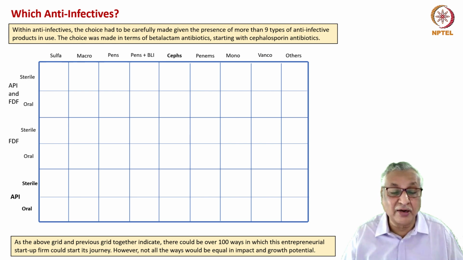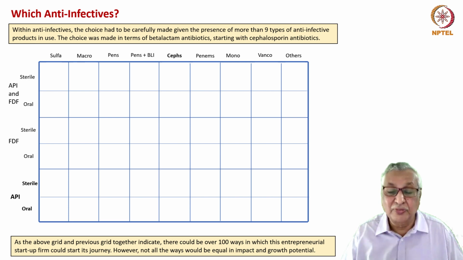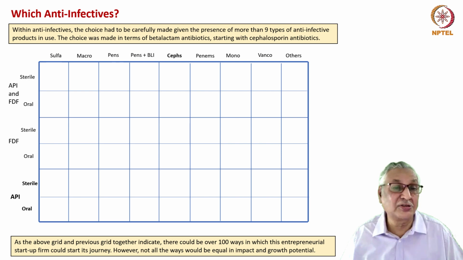As the above grid and previous grid together would indicate, there are over 100 ways by which this startup could have started its business. However, not all the ways would be equal in terms of the impact and growth potential. And that's where judgment, decision making, and data analytics come into play. And business development depends on all of these things. You start with data analytics, then you use the layer of experience, and then use the next layer of